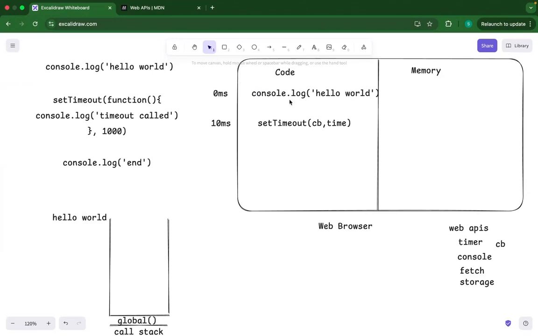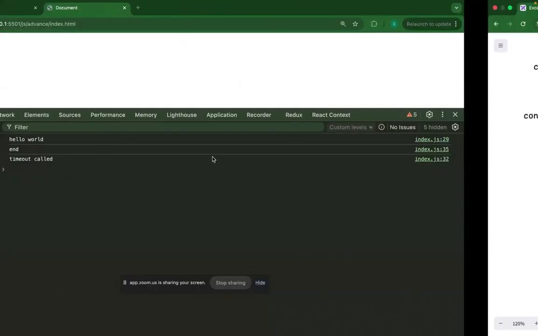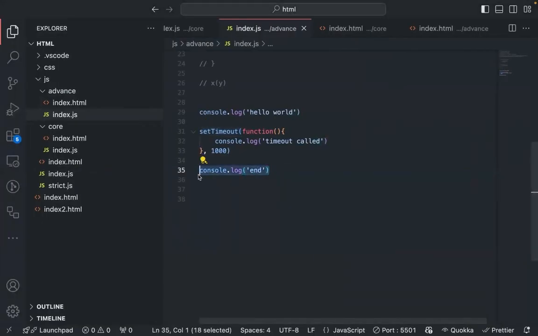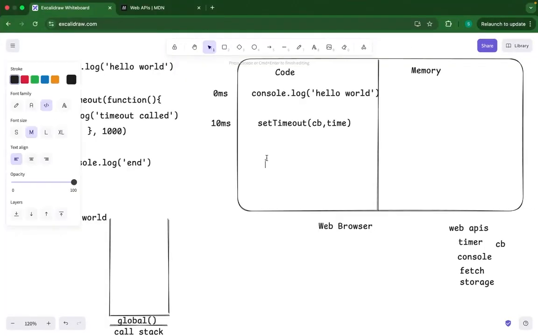Now it got executed. So when it got executed, the timer is running for how long? For 1 second. So JavaScript, always remember, JavaScript will not wait for anything, right? So it will quickly execute the next line. So since this part of the job is done, what is the next line to be called? Console.log end, right? So it quickly executes this line, let's say at 10 milliseconds,